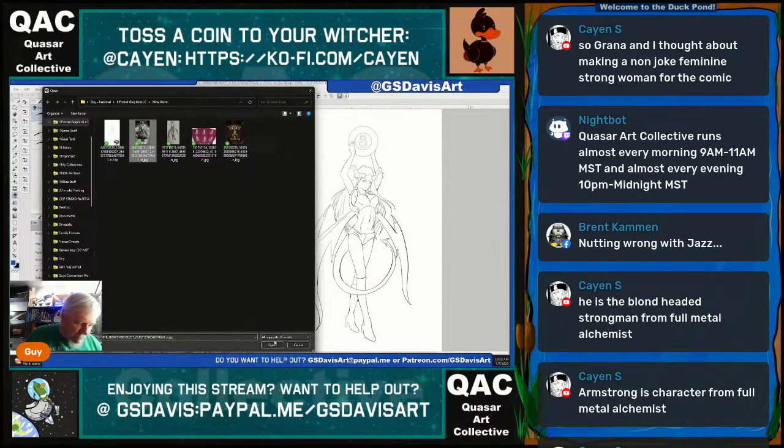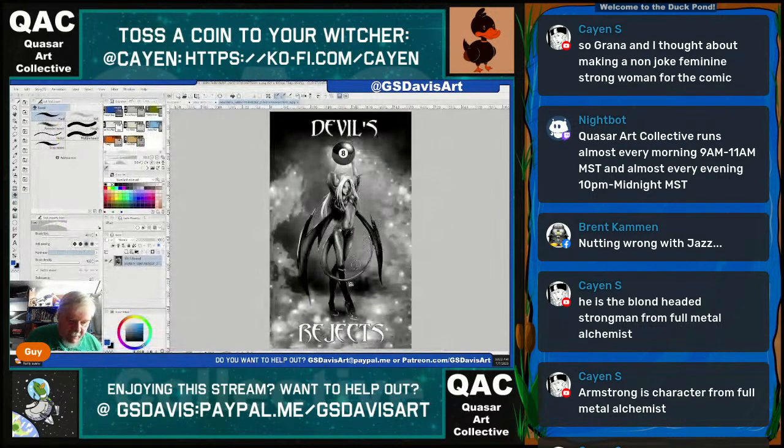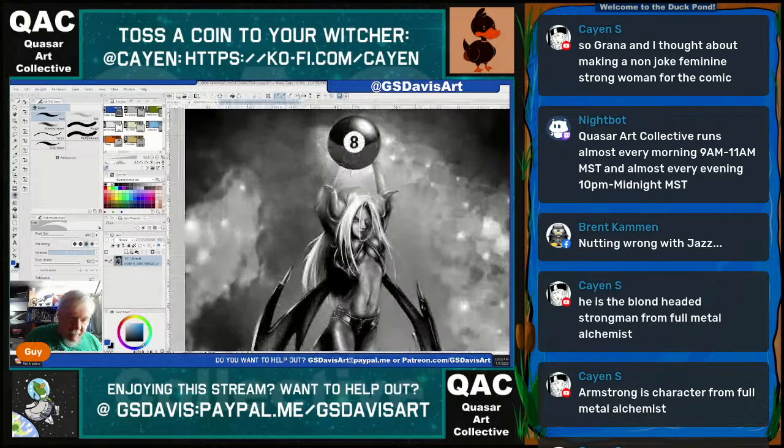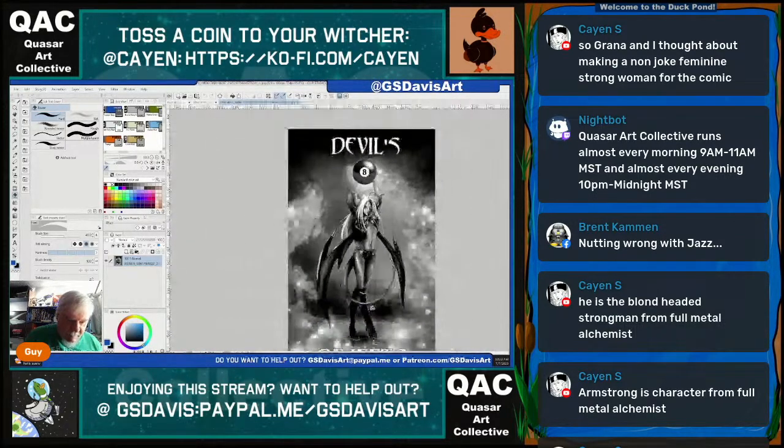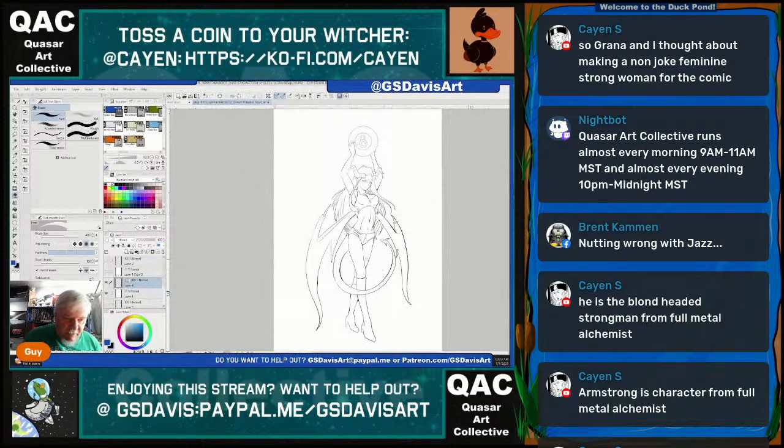The line work was originally off by quite a bit. The anatomy wasn't as good. Things like both hands were behind the 8-ball, and the head was off on anatomy, and the chest was off. So I wanted to fix the anatomy. So we got to here, which is a markedly